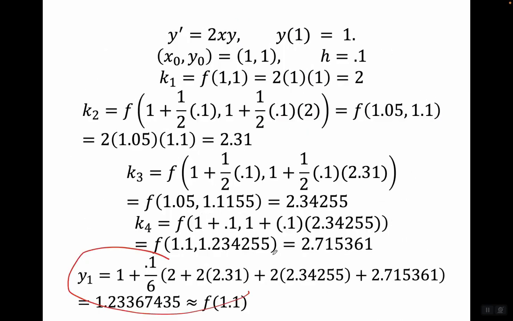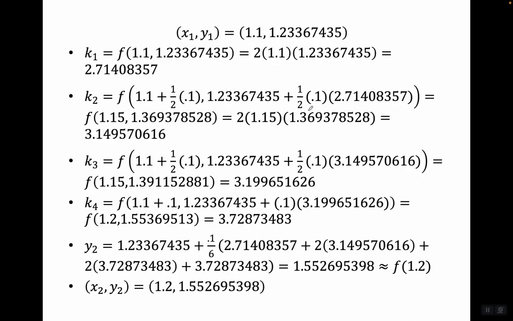we end up with y1 equals x sub 0, that's 1, plus h, which is 0.1 over 6, times y sub n, that's k1, that's 2, plus twice k2, plus twice k3, plus k4. And that all adds up to 1.2336745. That's y1, that's our estimate of f of 1.1. And then we just repeat the process. Okay, this is 1.1. So now we figure out k1, k2, k3, and k4, and use those to find